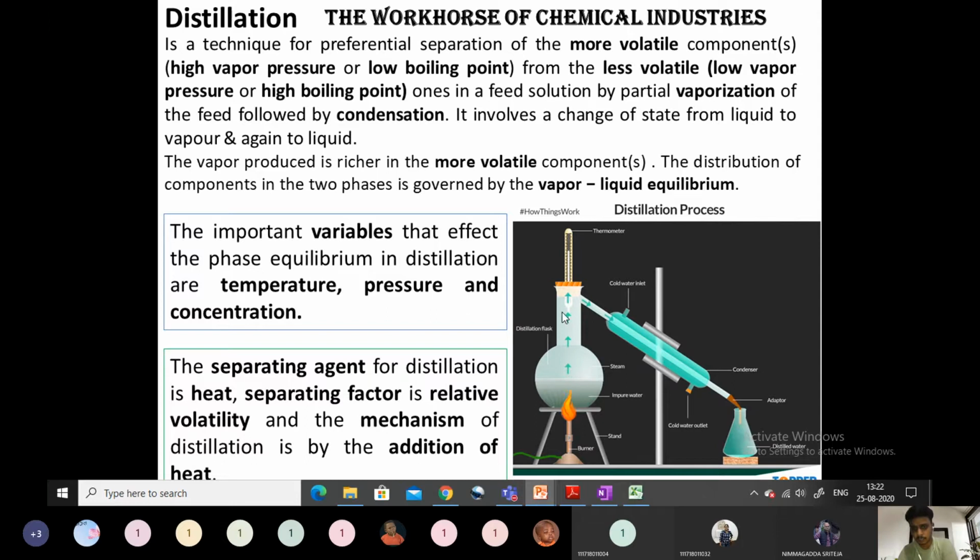Moreover, in evaporation, if you neglect this condenser term, this is evaporation. This is vaporization, or evaporation as we call it in general. What is taking place in evaporation? If you consider this as a juice solution, some juice is there. The sugary solution or sugary juice, whatever it is, the volatility between the sugar and the water will be very far apart.